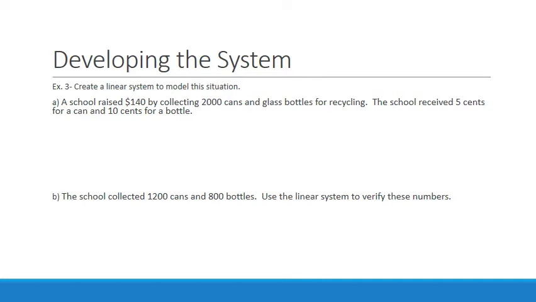I want to do one more example after thinking about it. And I wanted to put something in here with values. So if you look at this example, it says a school raised $140 by collecting 2,000 cans and glass bottles for recycling. The school receives 5 cents for a can and 10 cents for a bottle. There's more detail in this question. Now, what they're going to be wondering about, again, I didn't write this in my example and I should have, is how many bottles and how many cans did they collect? So once I know that, then in my variable stage, I know that's how many bottles and